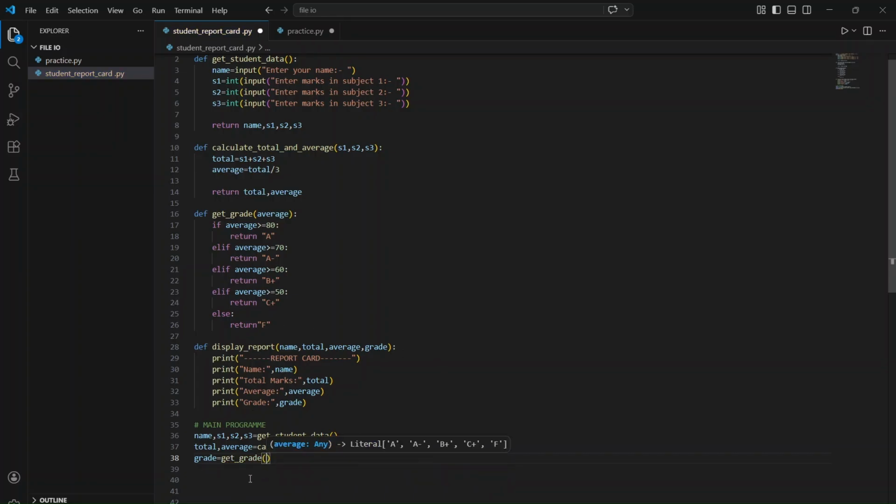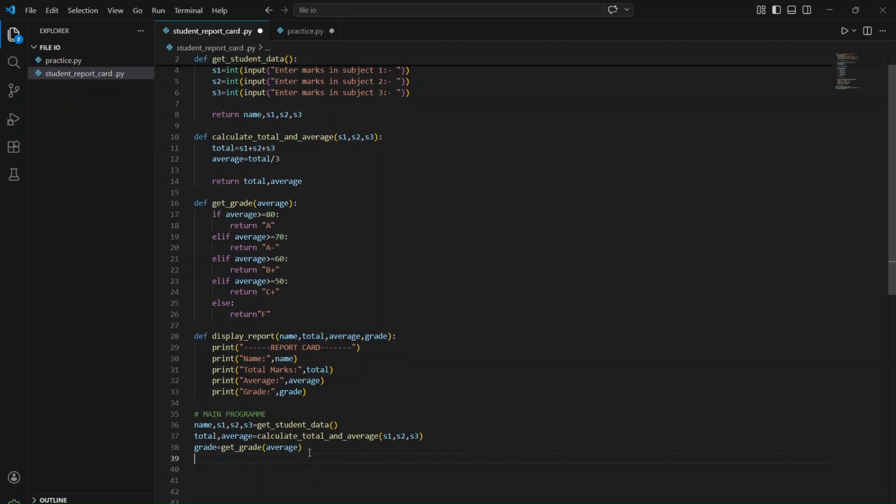Then we can put our brackets here and write average, so that it depends. If the average is, rather, 70, then you will get an A minus. If the average is 60, you will get a B plus. So that's why you have to enter this average inside the bracket, so that it calculates the average, and according to the average you get, you will get your grade. Simple. And after this, we can now display the report as just written here like this, display report,